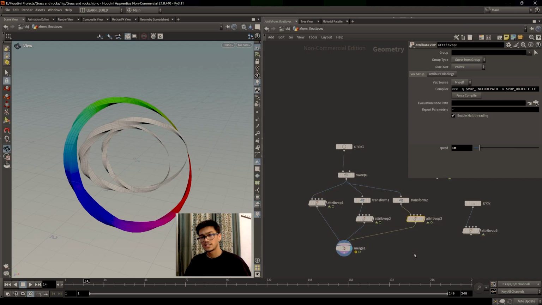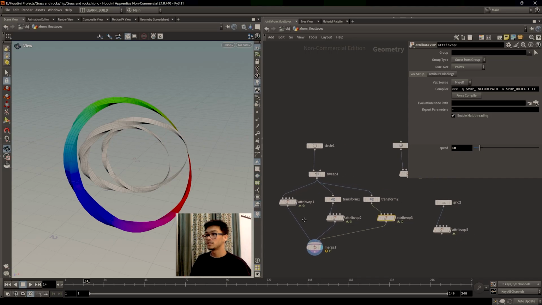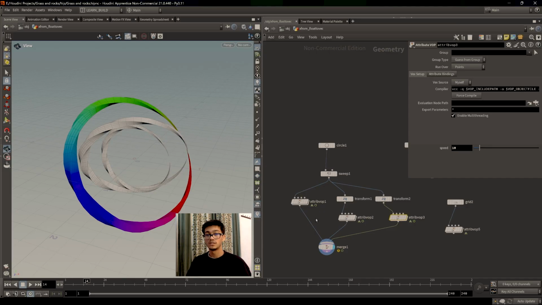So in the next video, I will share something more about this VOP level, because these nodes are really important, and it's really necessary that we understand these nodes on a deeper level. If you have any questions, you can put them in the comments, and I will see you in the next